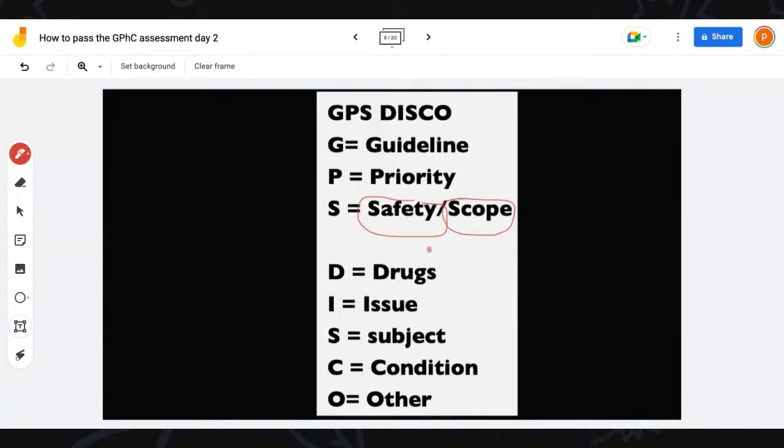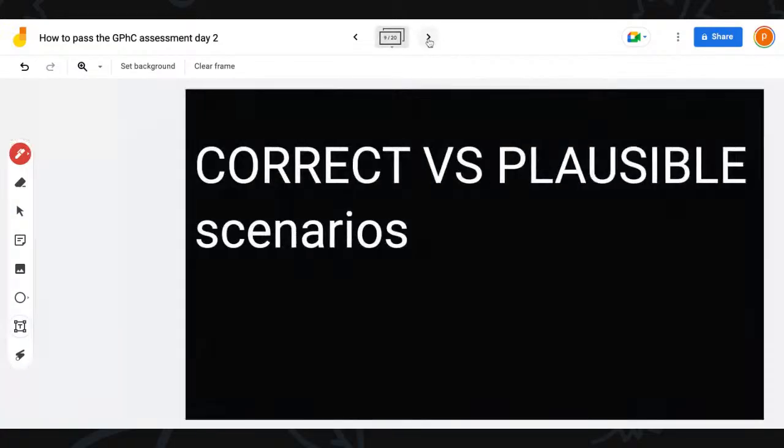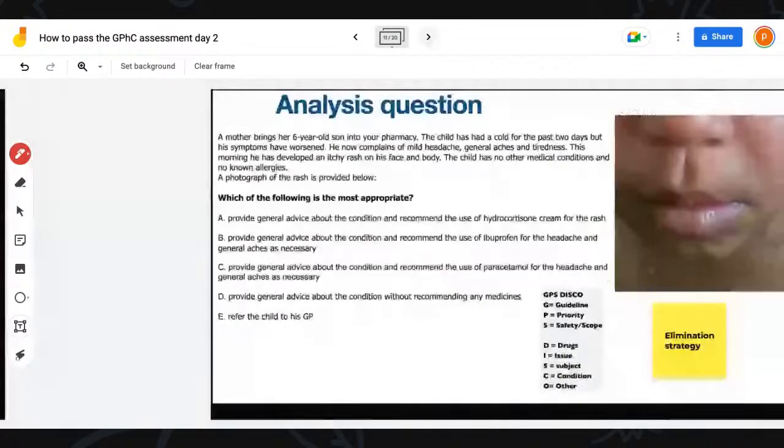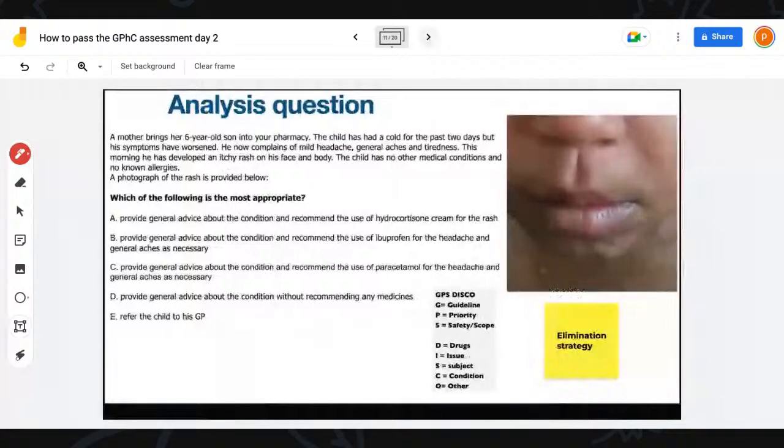Guys, this is a lifesaver. It will help you to analyze questions critically. So let's do this together, and I'll show you how to apply the same strategies to another analysis type question. So now we know what analysis type questions look like. They are longer, they have more information, they have a subject, and they have issues, so comorbidities and things like this. They have the words most appropriate, least likely. So if we look at this question, using our formula, this is definitely an analysis type question.